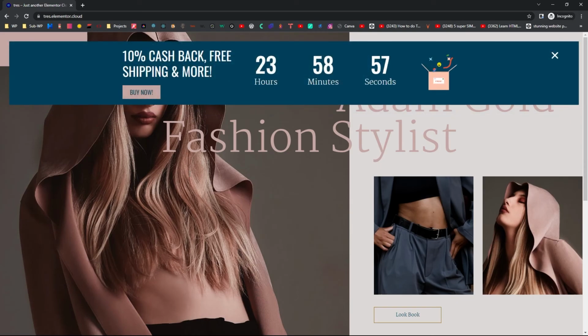If you have a short-term sale on a product, a pop-up with a countdown is a great way to motivate